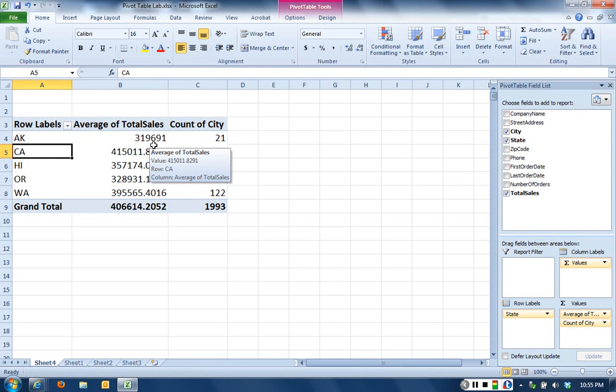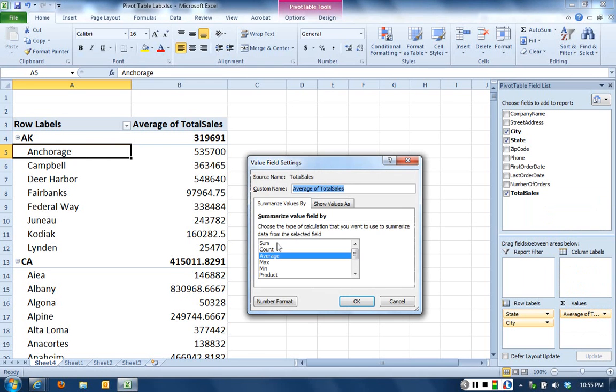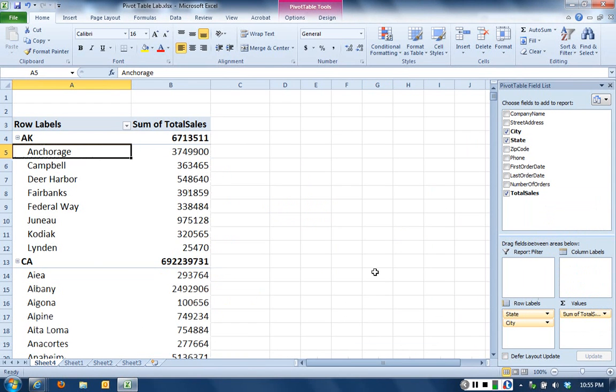All right, let's go back. I'm going to take my city and I'm going to drag it back over to my row labels. So now it's back on the report as a row label. And I'm also going to change my average of total sales back to the sum of total sales, okay, to demonstrate a couple of other things. All right, so first of all,